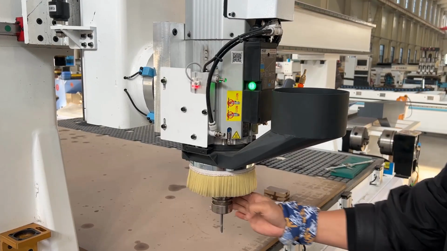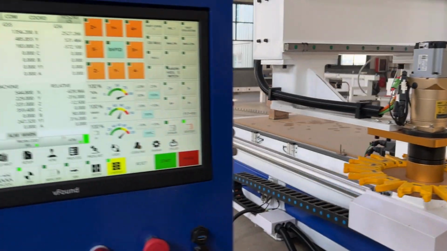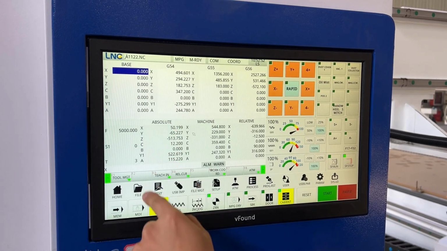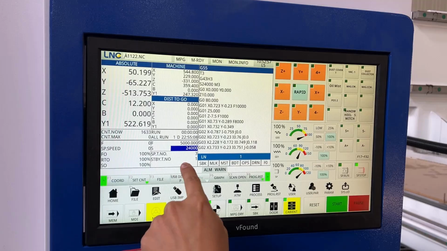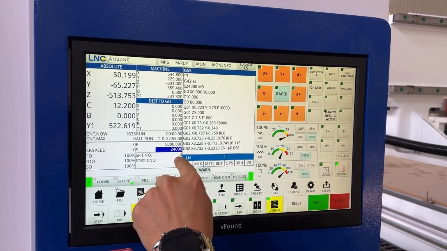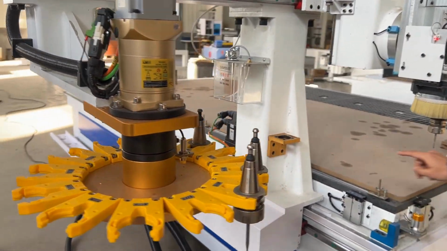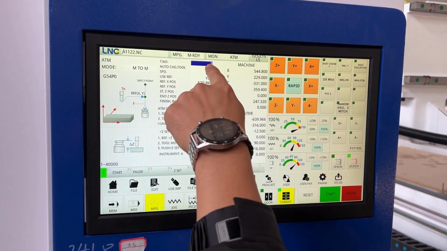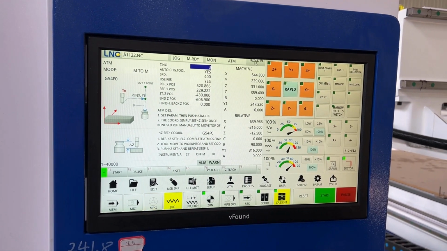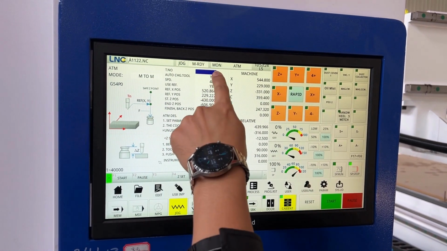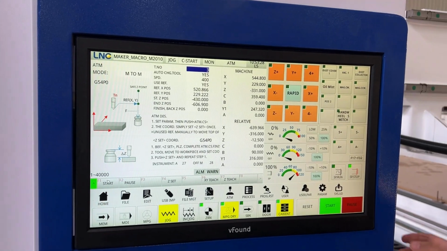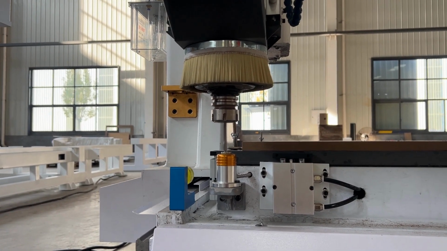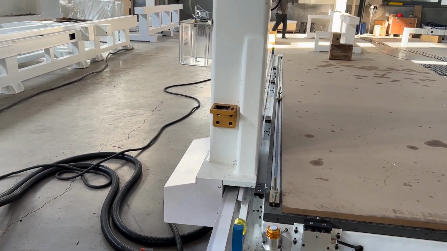Return to the main screen and confirm which tool number is currently on the main spindle. This is T3. In ATM, automatically measure tool 3: input 3, then click Start, and the machine will measure automatically. When the measurement of this tool is complete,